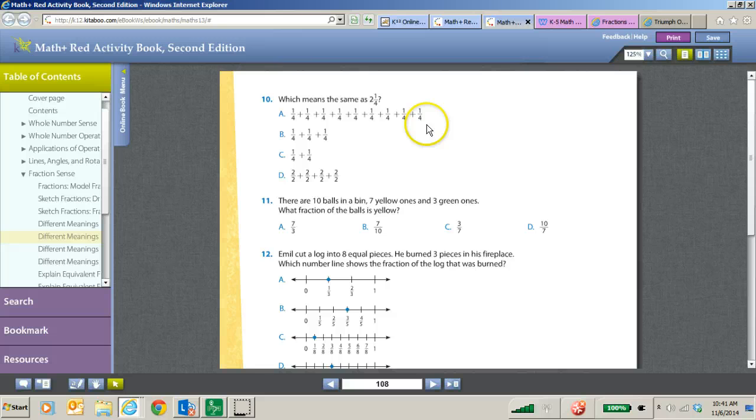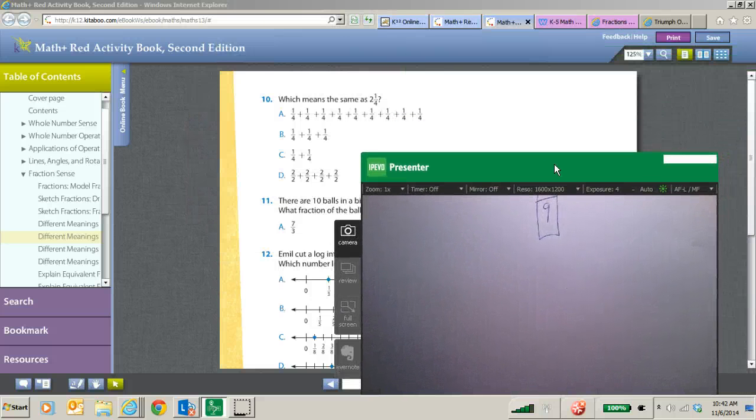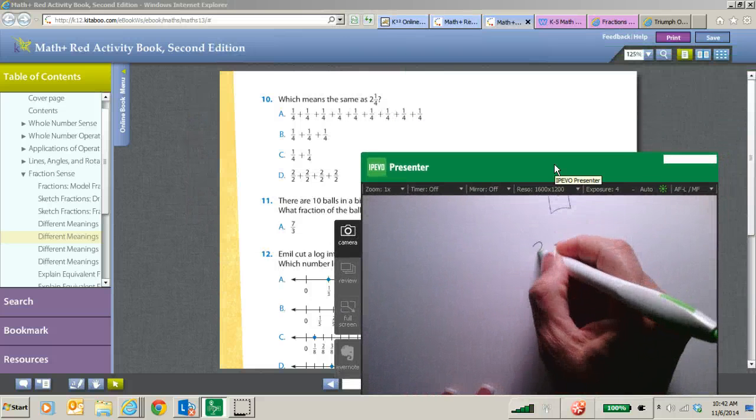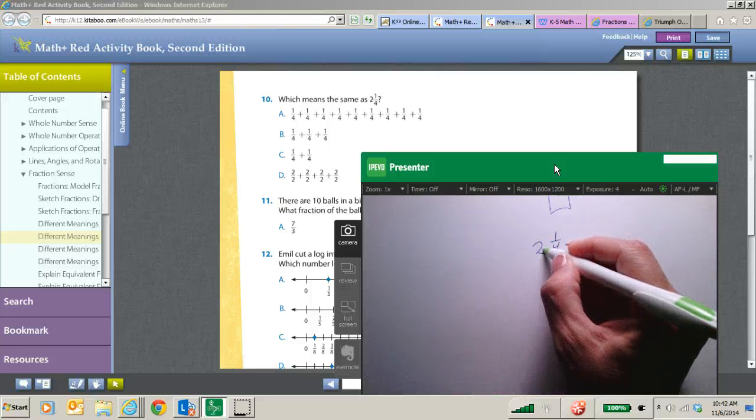Repeated addition is something they learned with multiplication and skip counting in 2nd and 3rd grade. So this says which means the same as 2 and 1/4. Let me get my document camera out again, and I am going to model that same type of problem as we can see it. So we have 2 and 1/4. Well, if we think about this 2 right here as a whole,